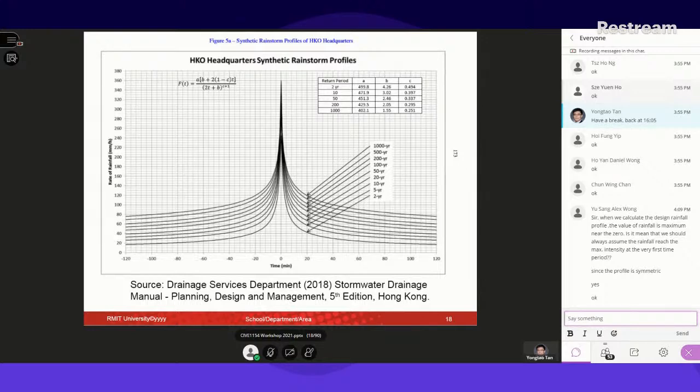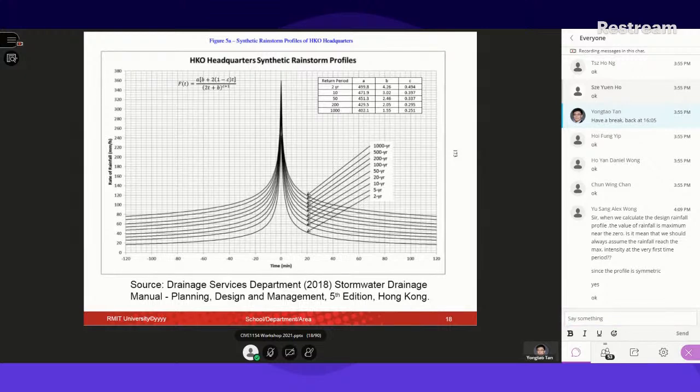to represent the rainfall profiles. So if we want to take, as I mentioned, a 40 minute rainstorm, normally we will take the value 20 minutes here, because from the middle of the rainfall to the end is 20 minutes, and from the beginning to the middle is 20 minutes. So total 40 minutes. So for a 40 minute rainstorm, normally we will use 20 minutes on each side,